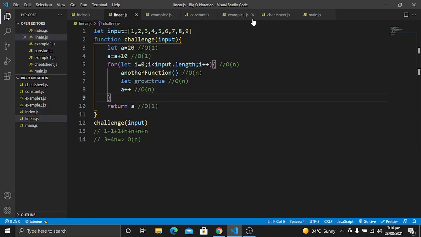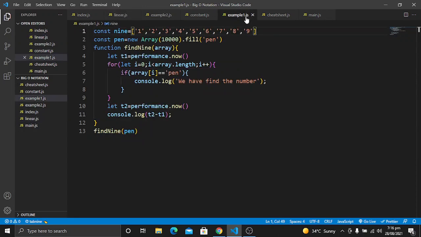So for example, let's go towards the example here. Let's say this is the example of the Big O notation. How can we find the best scenario and the worst scenario? With this example I can clearly explain the difference between the best case and the worst case.